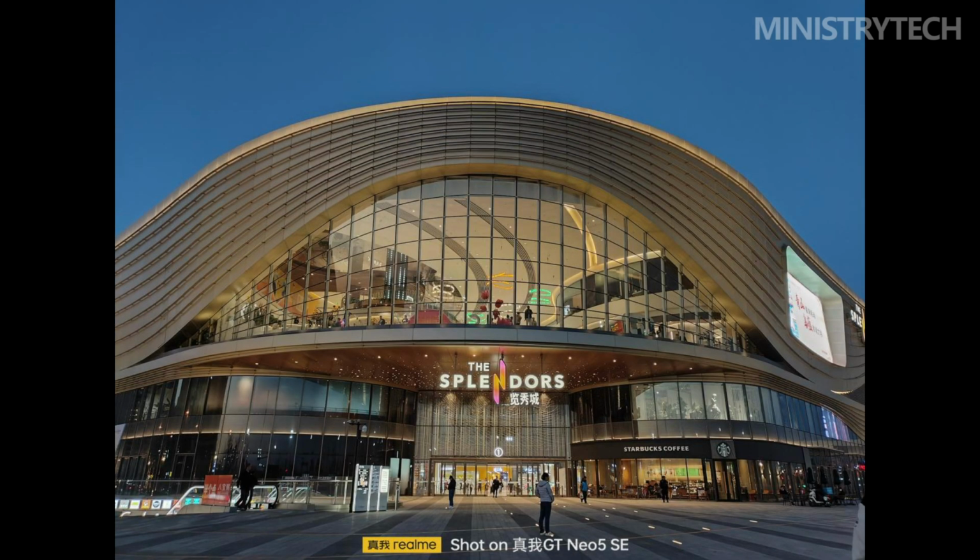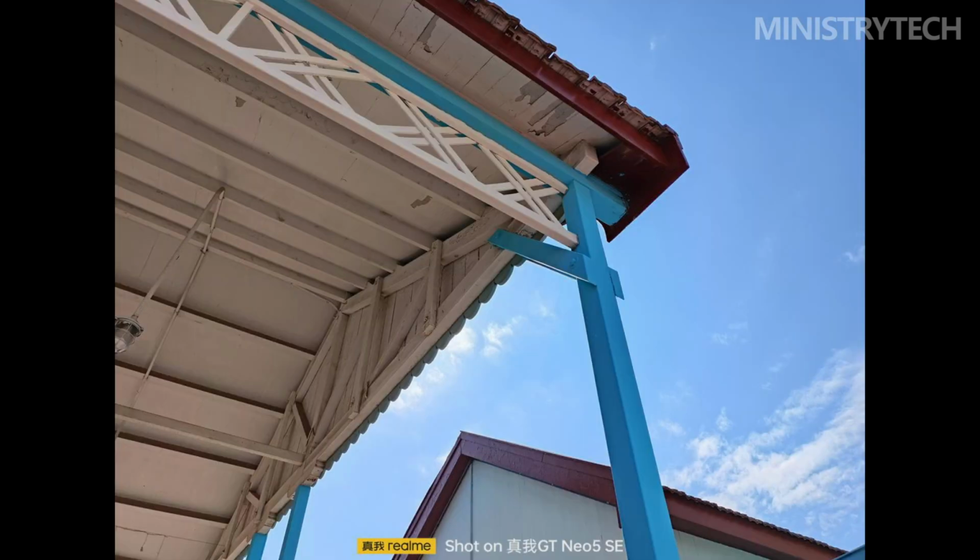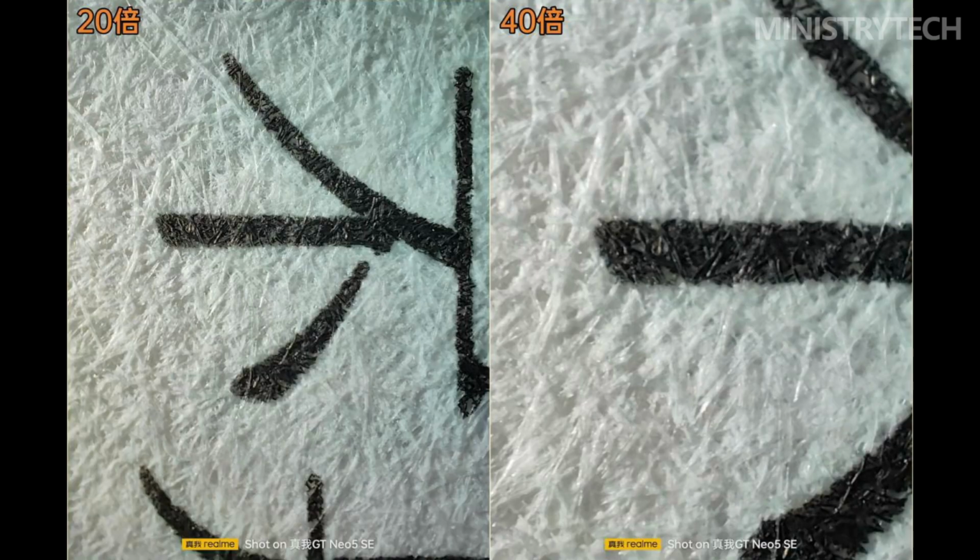In addition to the main camera and super wide angle, Realme GT Neo 5 SE also has a micro lens, which is relatively rare in models of other phone brands at this price. You can look at the following two photos of the surface of the book taken with a microscope lens at 20x and 40x respectively, and you can see that the microscopic details on the surface of the paper can be